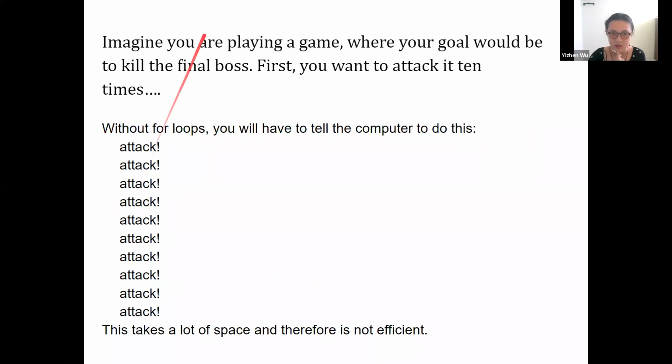So let's see, why do we need to use for loops? Let's imagine you are playing a game where your goal is to kill the final boss. First, let's say I want to attack it 10 times. Without using for loops, you have to tell the computer to attack 10 times. If your attack is to click, let's say, Q, you have to click Q 10 times, which is really